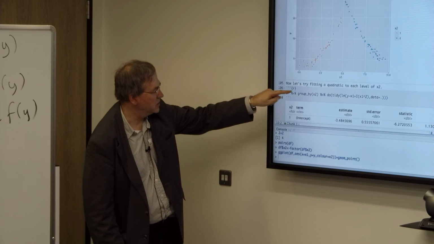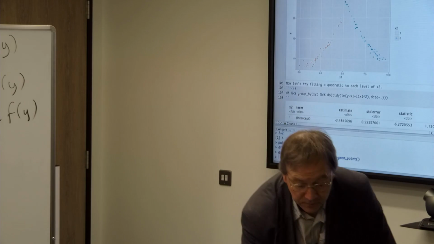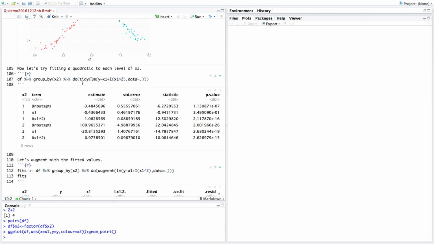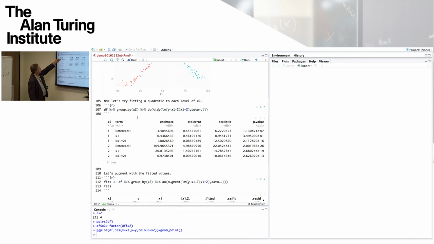And if we look at the result of that with the do, then what it's done is it's built us a new data frame with all the information that we need from the tidy, together with the information that enables us to associate the particular group that was being used and the particular variable.